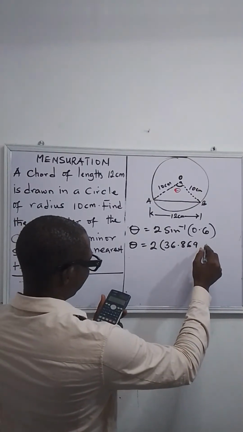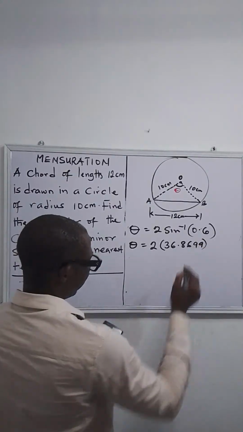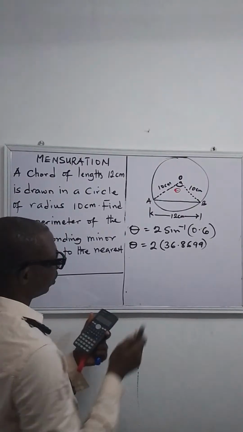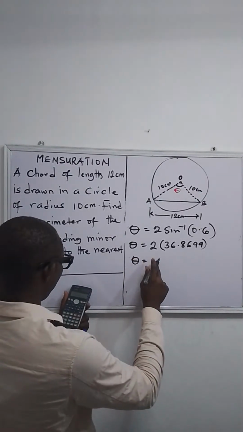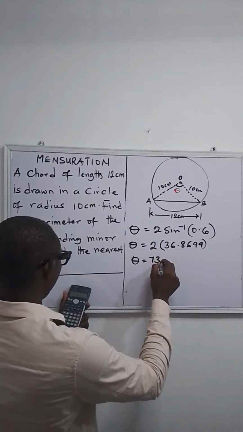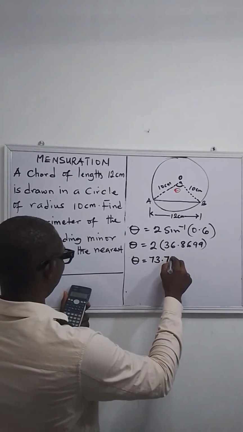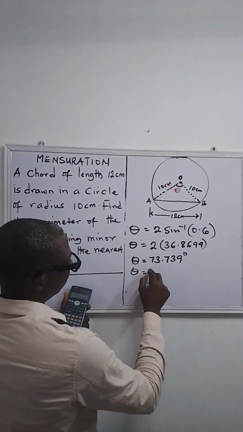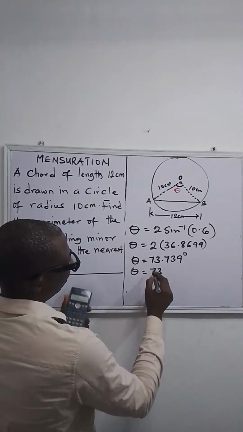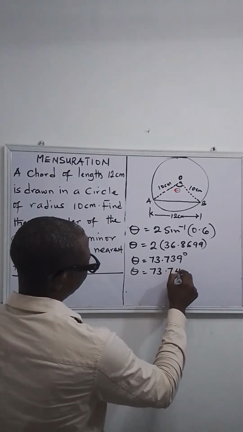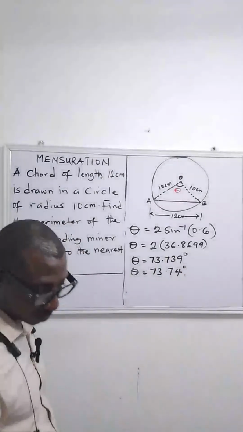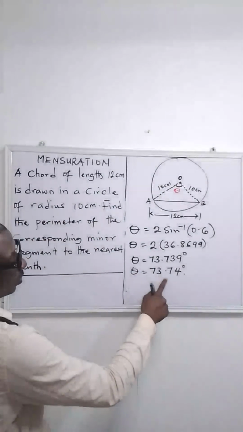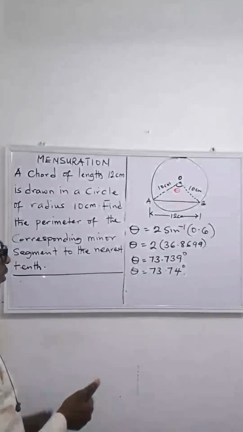Okay, all right. So that's what you have on 99. So we can multiply that by 2. So when you multiply that by 2, what do you have? You have 73.739 degrees. Let me express that in 4SF. So I have 73.74 degrees. Okay, so that is the angle subtended at the center of the circle, 73.74. Okay, so theta